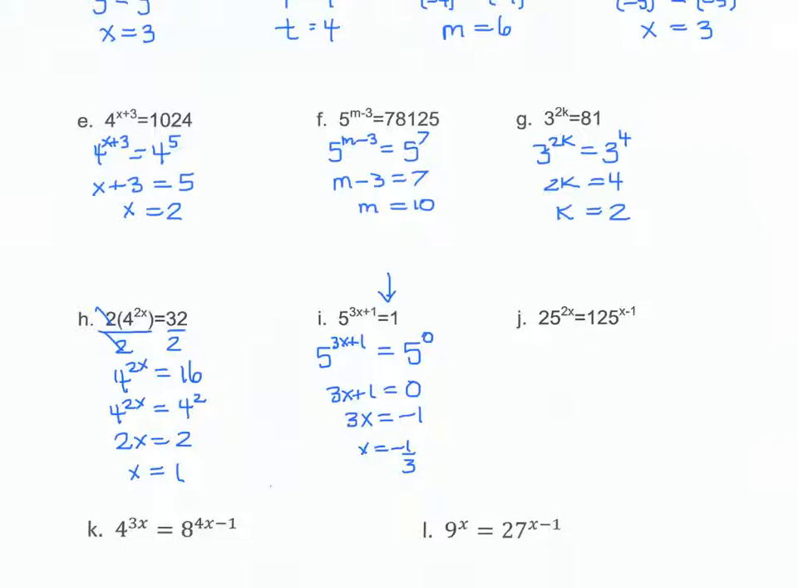Now, in question J, we run into a different situation again. There's no exponent I can put on 25 to get 125 as an answer, because 25 squared is already way bigger than 125. 25 times 25 is a very large number. So that doesn't work. So what we have to do is find a base that I could use for both of those. Now 25 and 125 can both be written as powers of 5. So I'm going to write 25 as 5 squared